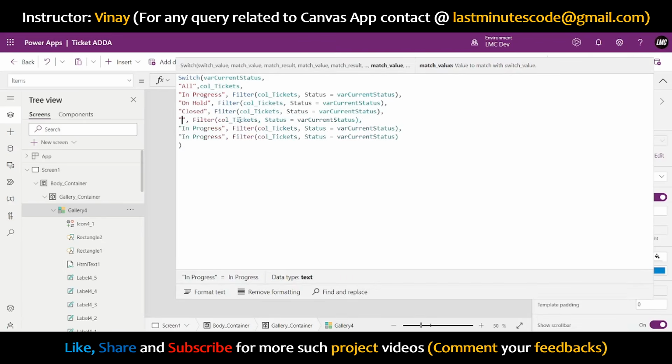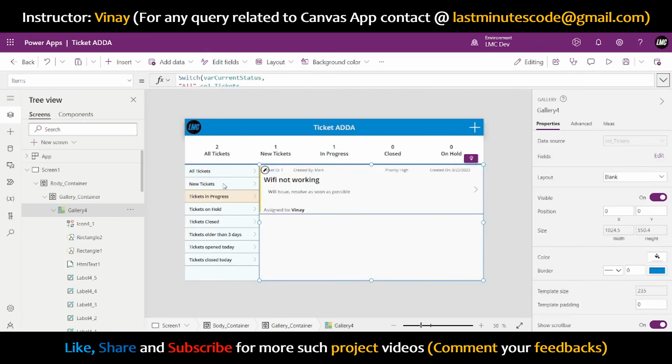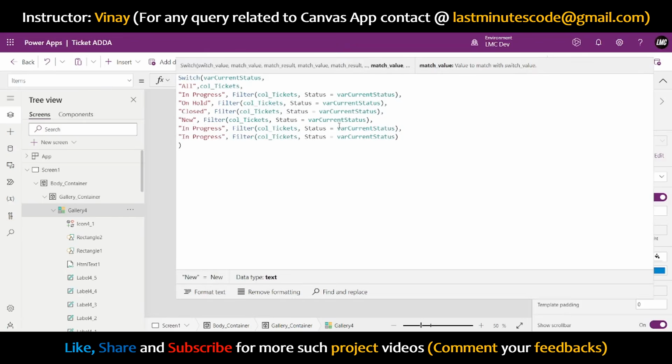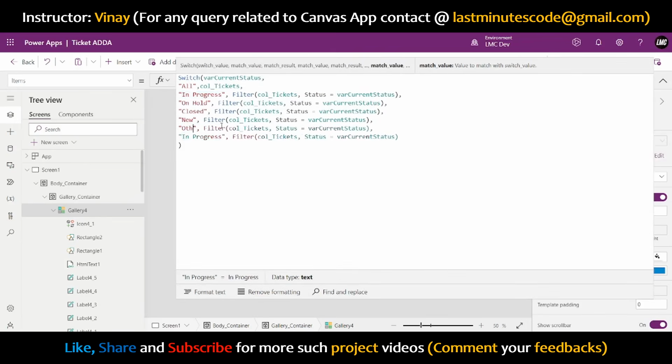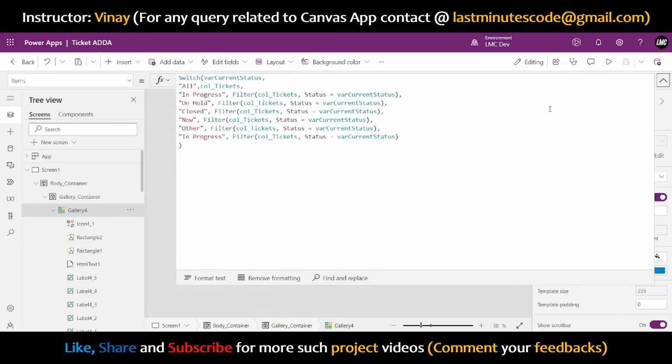Other than this, in progress, on hold, close, let me see what else we have. New. I'll say new. If it is new, then also do this only. Other than this, if we have other, I'm saying show me tickets older than 3 days. So we have to calculate that. From today, if I subtract 3 days back, what date do I get. So for this other one,